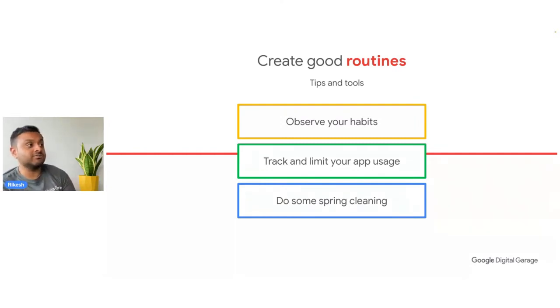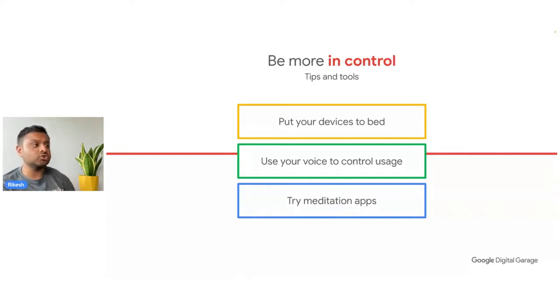Another good tip for creating a good routine is to do some spring cleaning. On the devices you have, maybe get rid of apps or software which you don't even use, which is not in line with being purposeful with that device. Maybe you downloaded it a while ago and just thought, it's there now. Do a bit of a spring clean at times, just to tidy things up. I think that's quite useful to consider in terms of being more in control of your devices, because we want to have control. We don't want technology to control us. We want to make sure that we have full autonomy and control.